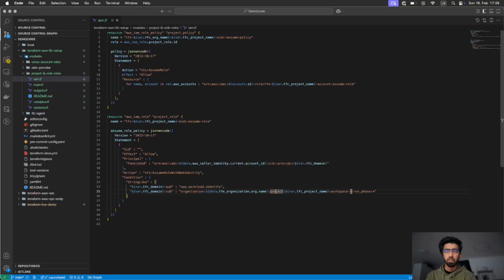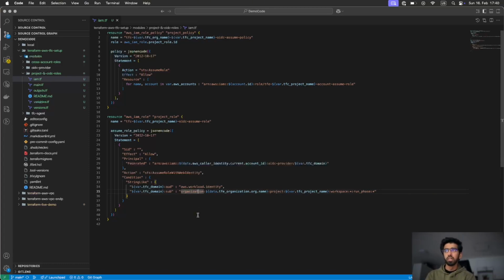And you can see here the workspace is static and the run phase is static. What does this mean? In our project, whatever the workspace or the run phase will be, it will allow authentication for all of the workspaces in this project and in this organization. So that's the role